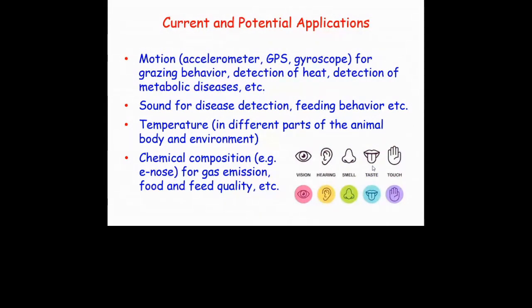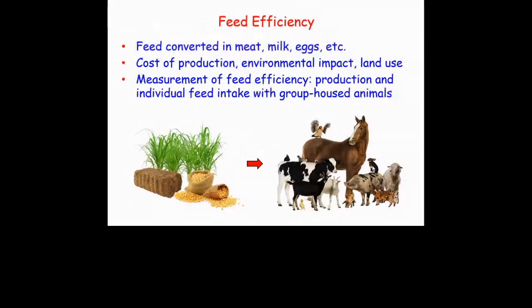Sound we can use for detection of disease, temperature, same thing, chemical composition for food quality, for example. So we've been using digital technology in many different ways, but today I'm going to focus on